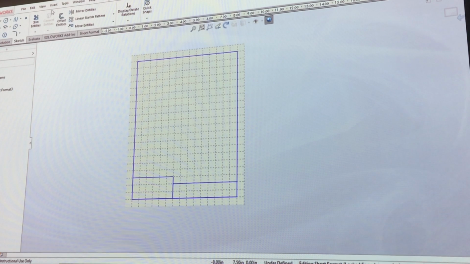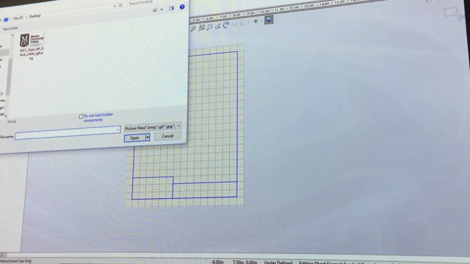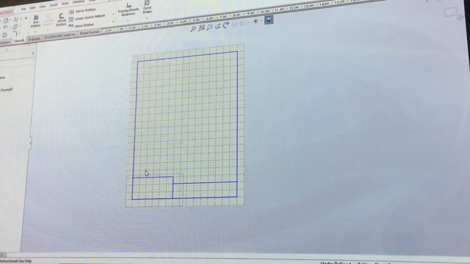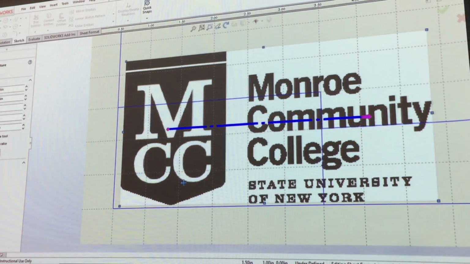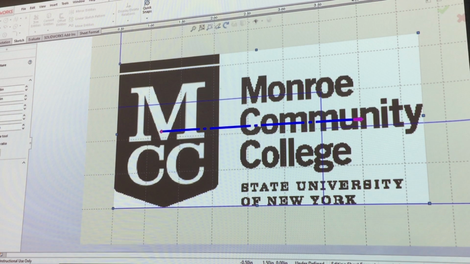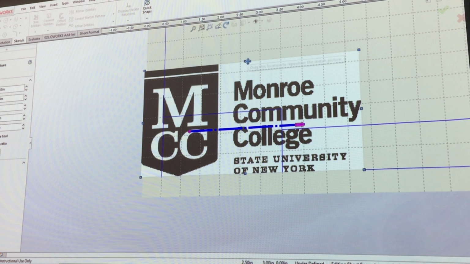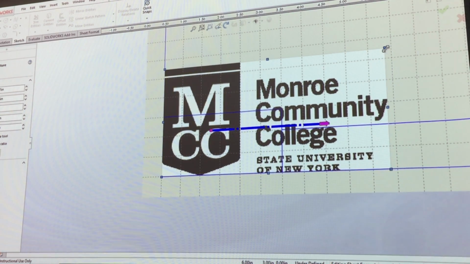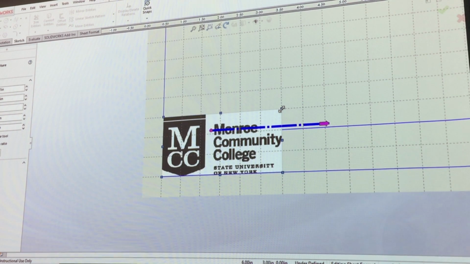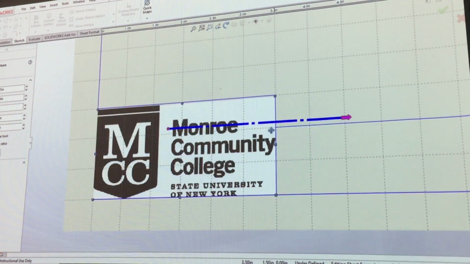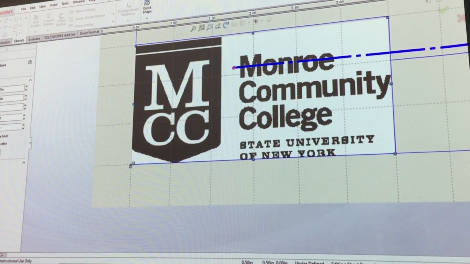If I want to insert a picture, I go to Insert Picture. I have that saved on my desktop. I'm just gonna grab it, and I'm gonna try and locate it somewhat. So I have my aspect ratio locked, right? So if I try to get it in here, it's not gonna fit because my aspect ratio is locked. Let's say I don't care about the aspect ratio, so I'm gonna unlock it. Now I can have more freedom in trying to define that. Right? Let's say I want it to be within those